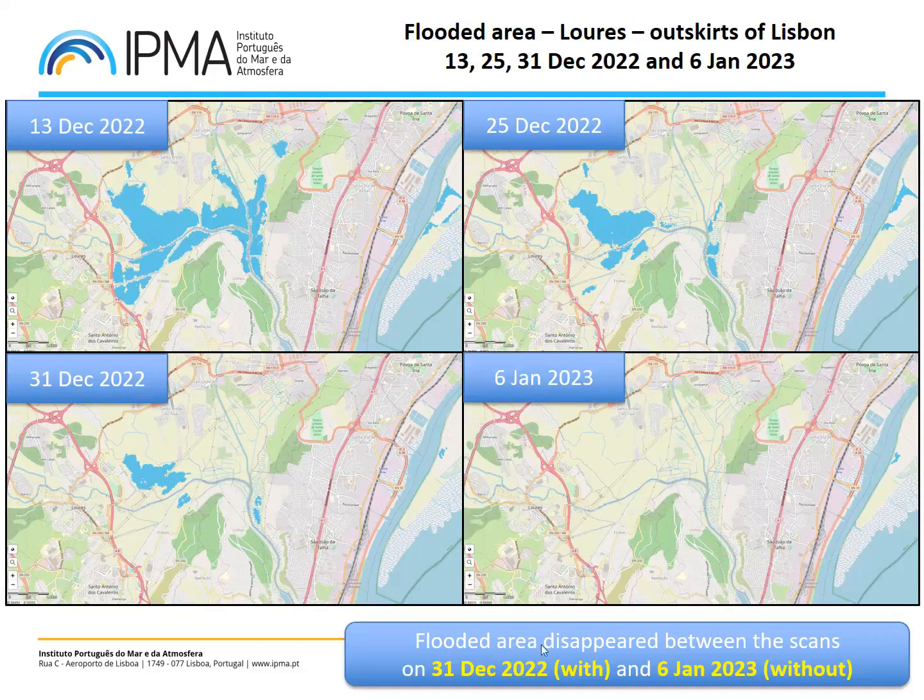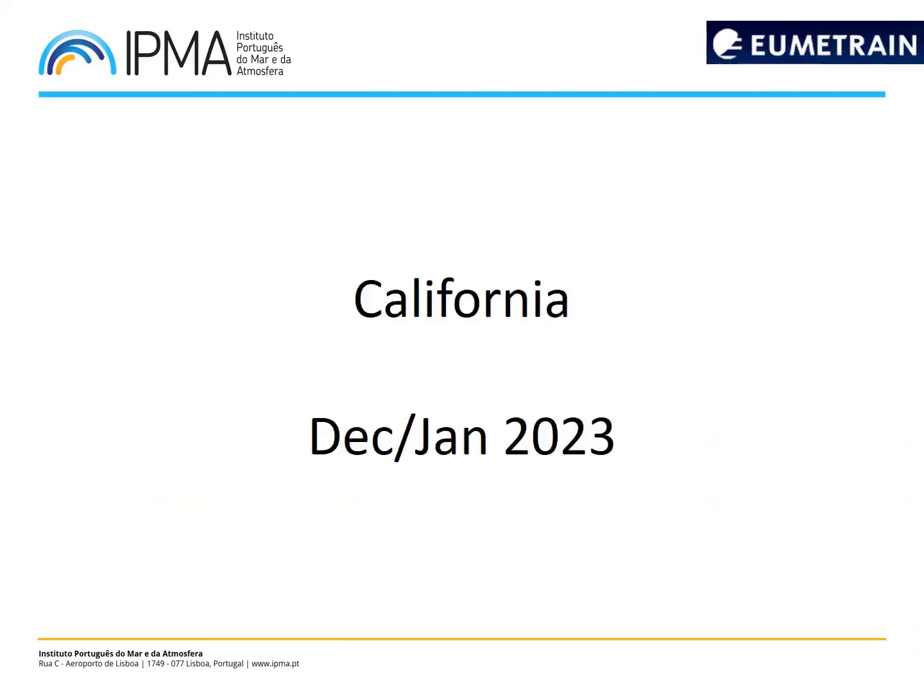So the flooded area disappeared between the scans on the 31st and the 6th. The scans are not daily, as I mentioned before. So with this product, you cannot really see a daily evolution, but rather, let's say, an evolution every 5 to 6 days or something. So just to end, I will share with you also this case in California,